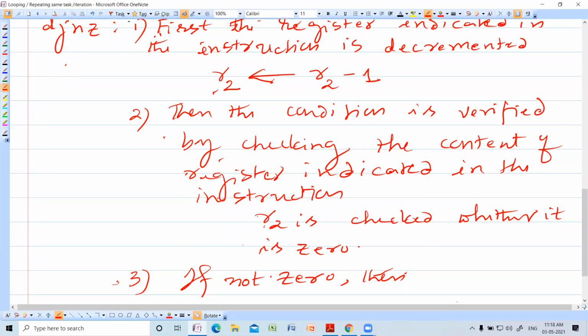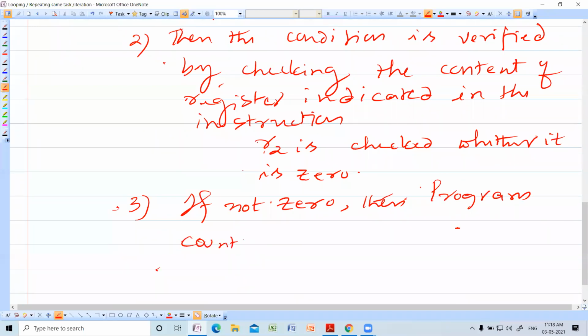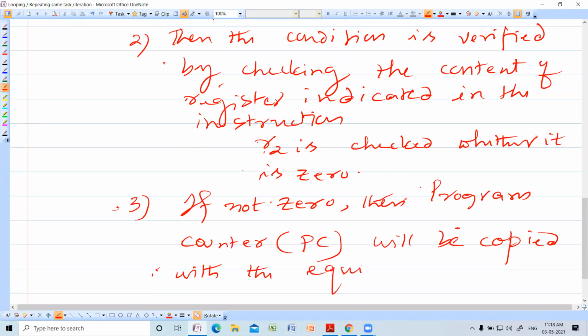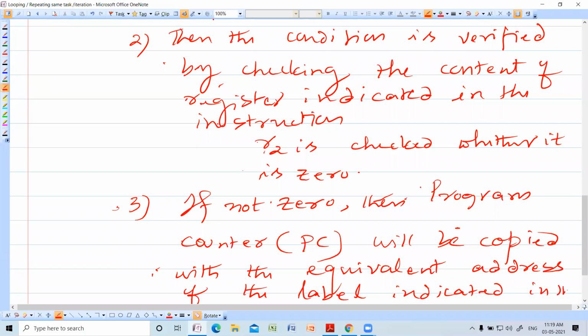Then the program counter, PC, will be copied with the equivalent address of the label indicated in the instruction.